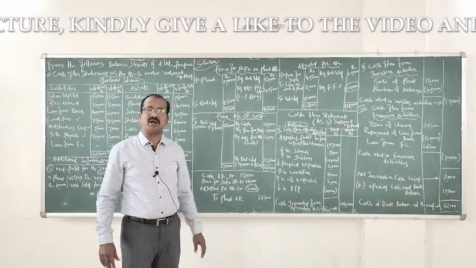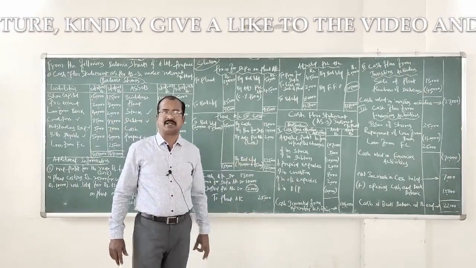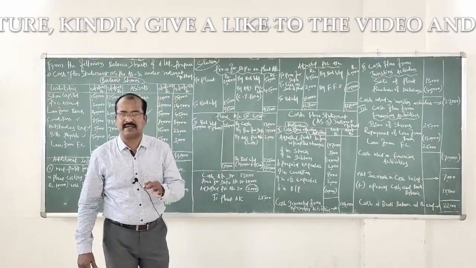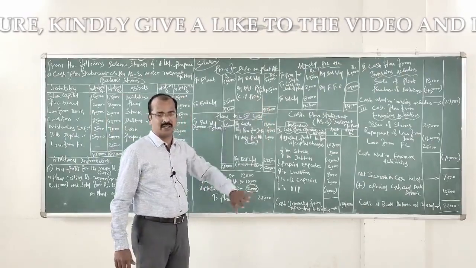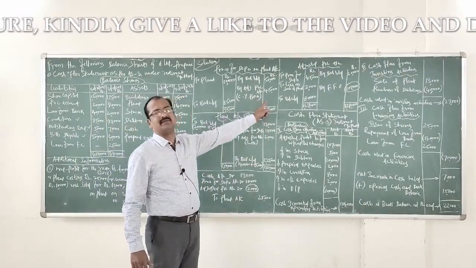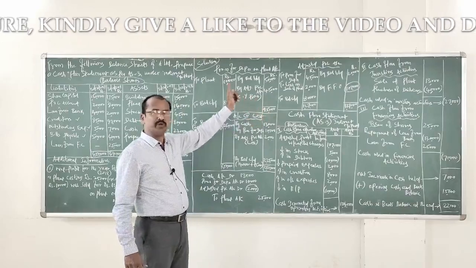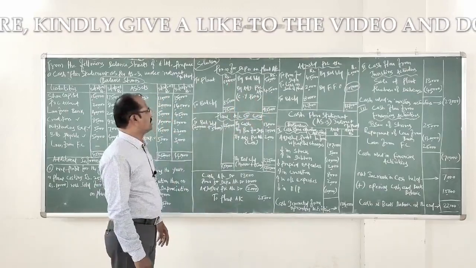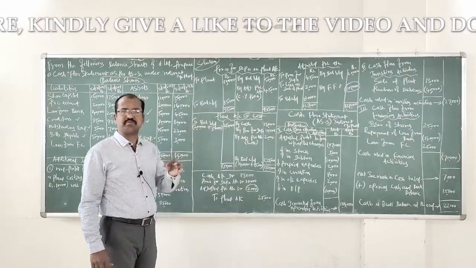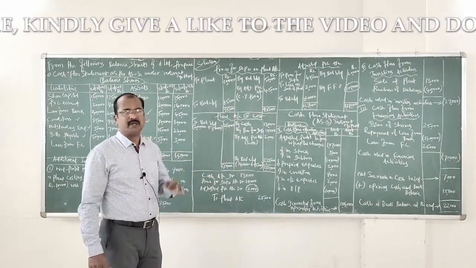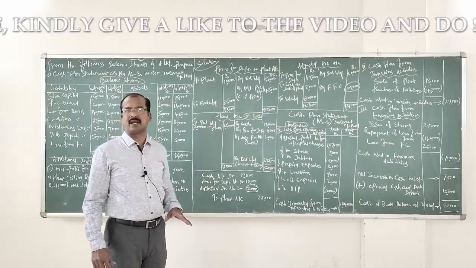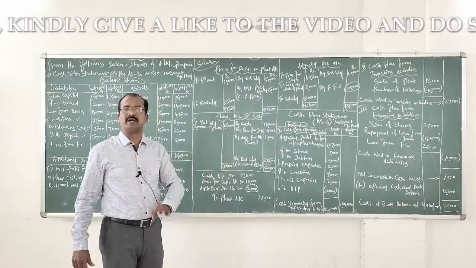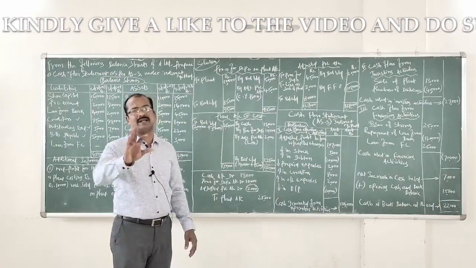What is the journal entry for this particular transaction? Adjusted profit and loss account debit to provision for depreciation account 45,000. Perhaps this is a hidden information we have come to know while preparing this ledger. And the next ledger account I have opened is plant account at cost value. When you find provision for depreciation on a fixed asset maintained in an account, you always open that fixed asset account at its cost value.